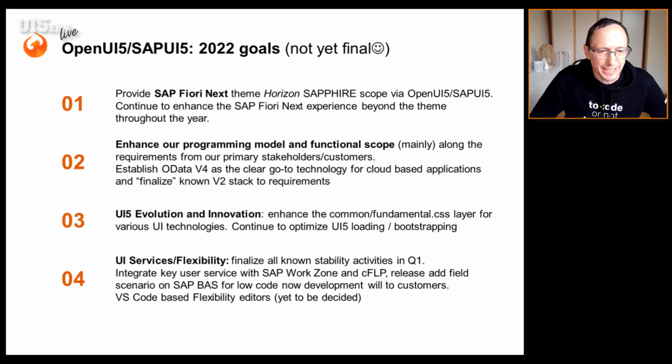Good. In the Flex area, we had quite some investment around stability, around security, multi-availability zones, and a high availability HANA setup. All that leads to the goal that the service is more or less close to 100% available. There are only a few leftovers for Q1, but then we have it done for our Flex offering. The key user service will then also be integrated in a package with Workzone and CFLP, so that consumption on the non-ABAP stack is also easier.